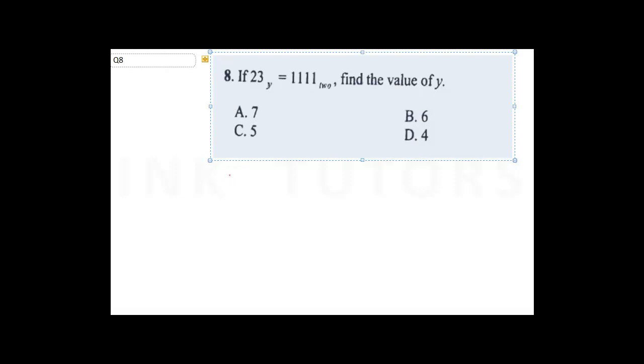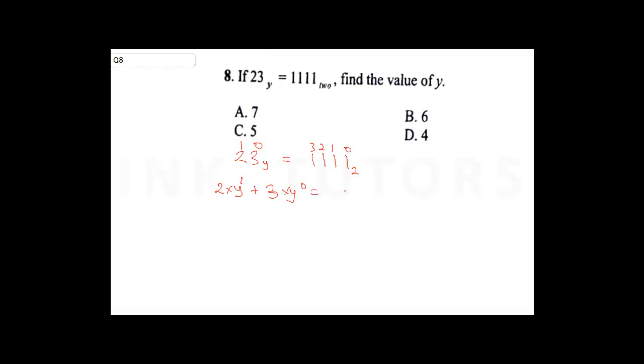So get everything to base 10. So what you just do is, first of all, you need 2y3 equal to 1, 1, 1, 1, 2. So call this 0, 1, 2, 3. Now this will be 0 and 1. So 2 times y raised to power 1 plus 3 times y raised to power 0 is equal to 1